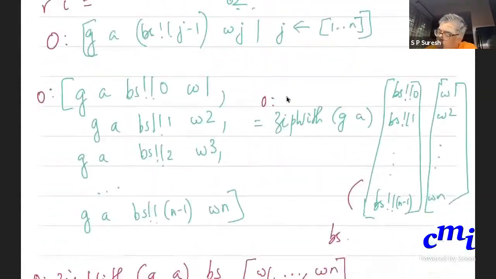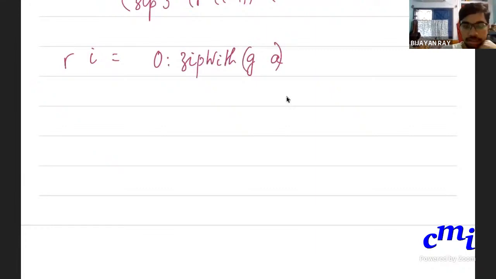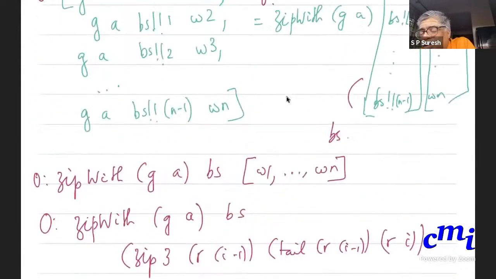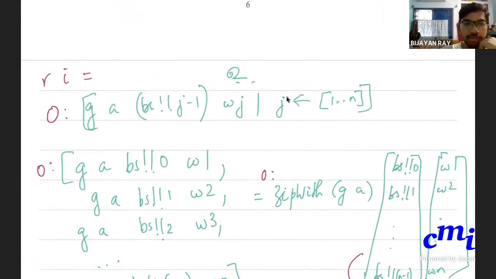Okay, so let me get back here. This requires explanation. Ri is nothing but 0 followed by zip width of, let me assume that it is just A, some A that is given to you. The first expression for zip width is usually the operation that we want to perform between the two lists. So how is this GA notation denoting that? The first argument in zip width is the operation that has to be performed from one list over another, like plus.